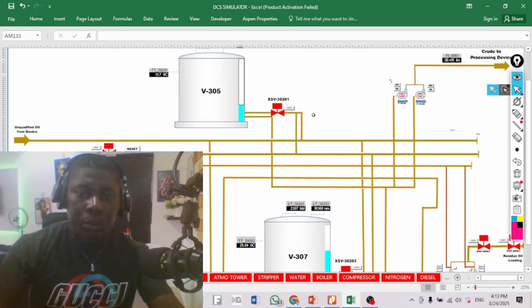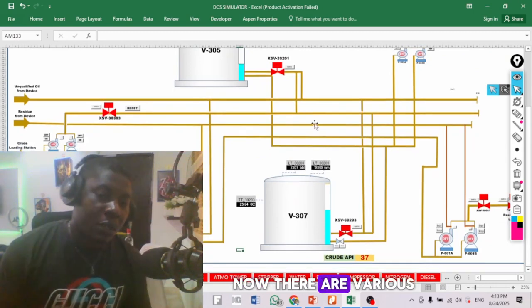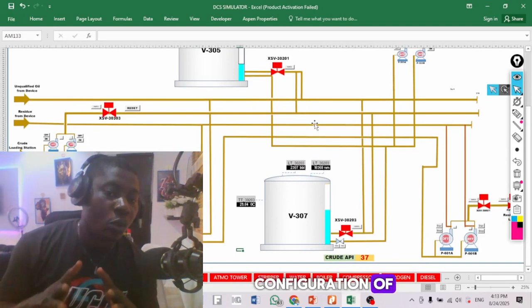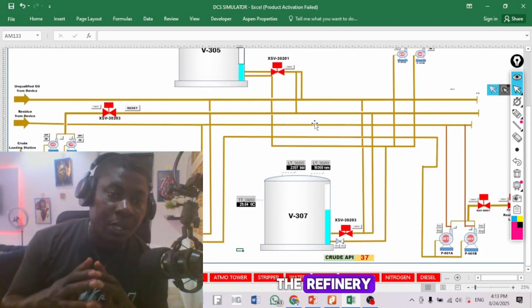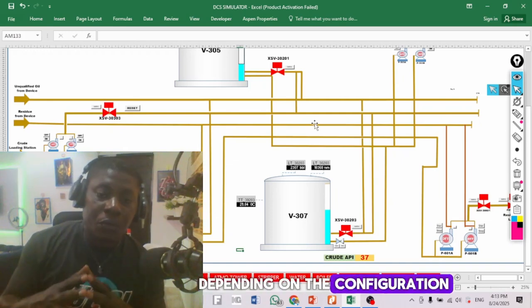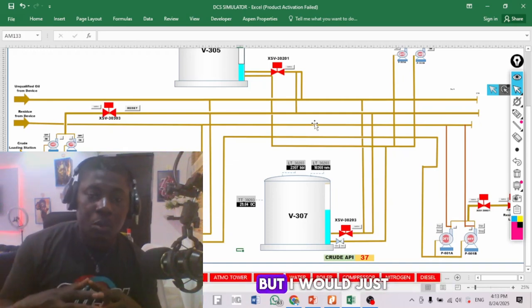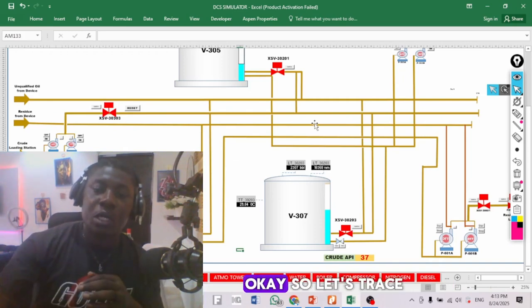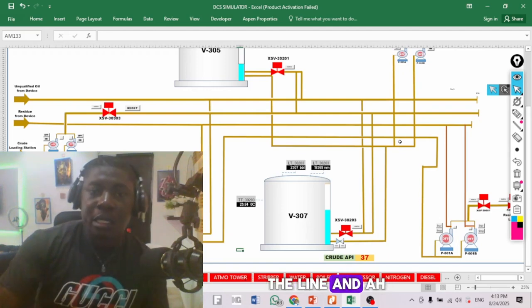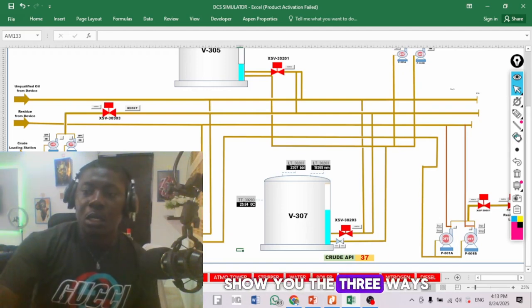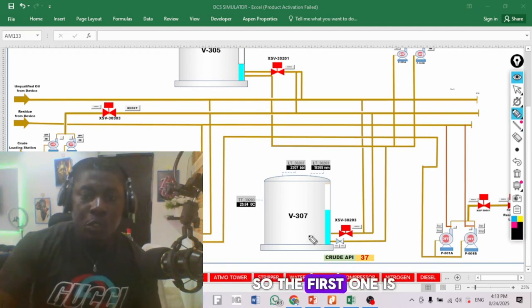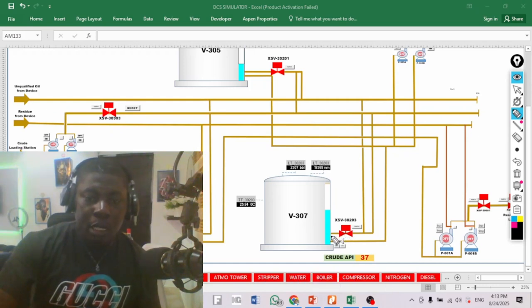Now there are various means of doing this. Like I said, depending on the configuration of the plants, the refinery, there are several ways of doing that, but I will just mention three ways that we can carry out this operation. So let's trace the line so that I can show you the three ways. The first one, I will use a black line here. You see the line